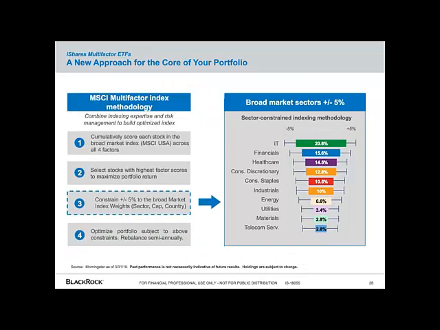Now, our approach to multi-factor is much the same. The easiest way for us to construct a multi-factor exposure would be to simply stack together 4 single-factor funds or indexes and call it a day. In fact, we launched our single-factor suite of products before we launched our multi-factor suite. So that certainly would have been the easiest for BlackRock to create, is a fund of funds that had those 4 tickers in it. The challenge with doing this is that you'll likely invest in a large number of securities, and some stocks are going to dilute the factor exposures of other stocks.